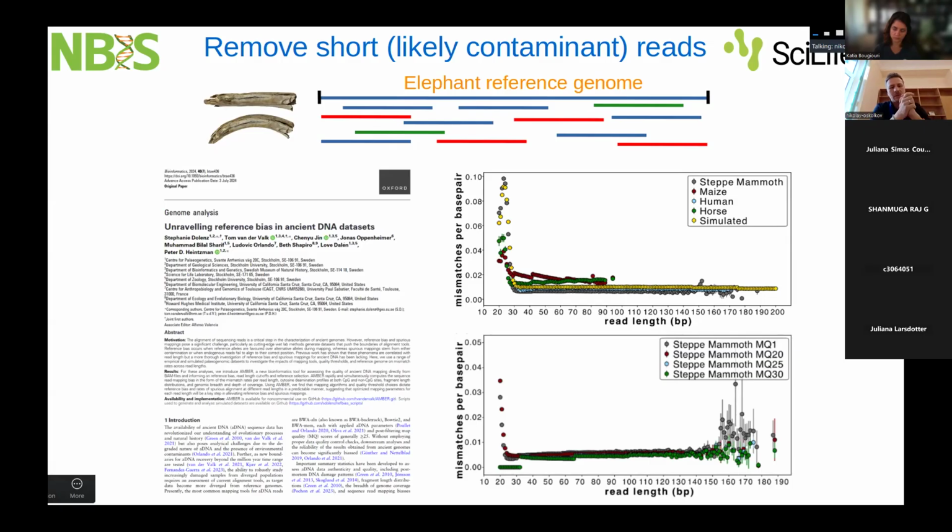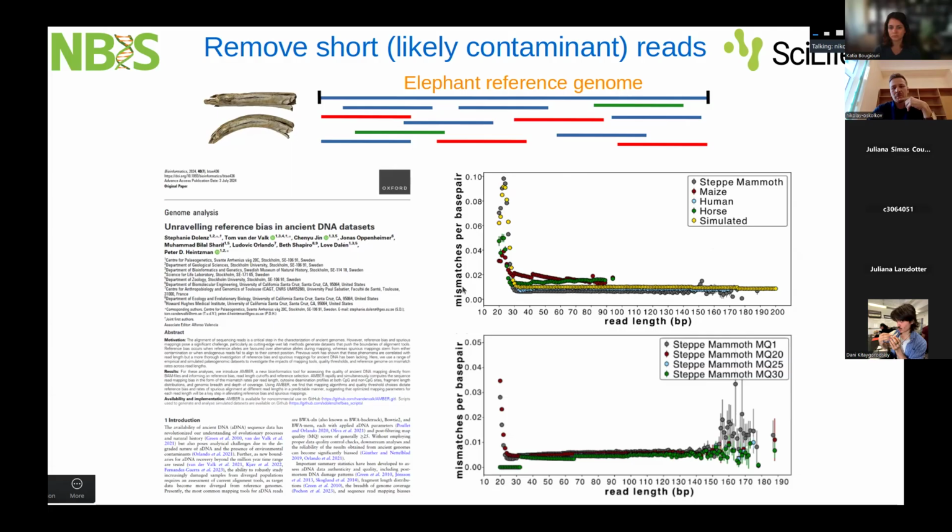There was another paper from the same group in Nature from 2021 with Tom van der Valk as a first author. So here is the second author. The papers were about something else, but I just wanted to emphasize this elegant